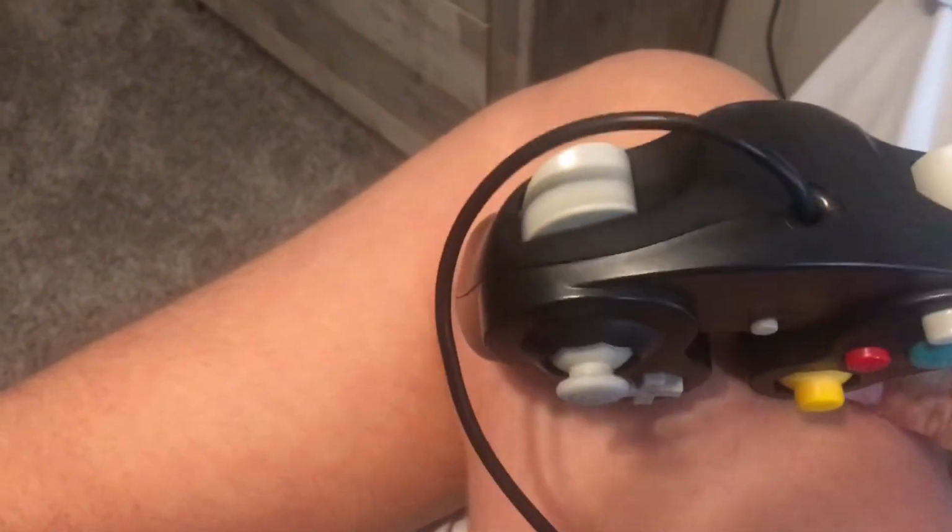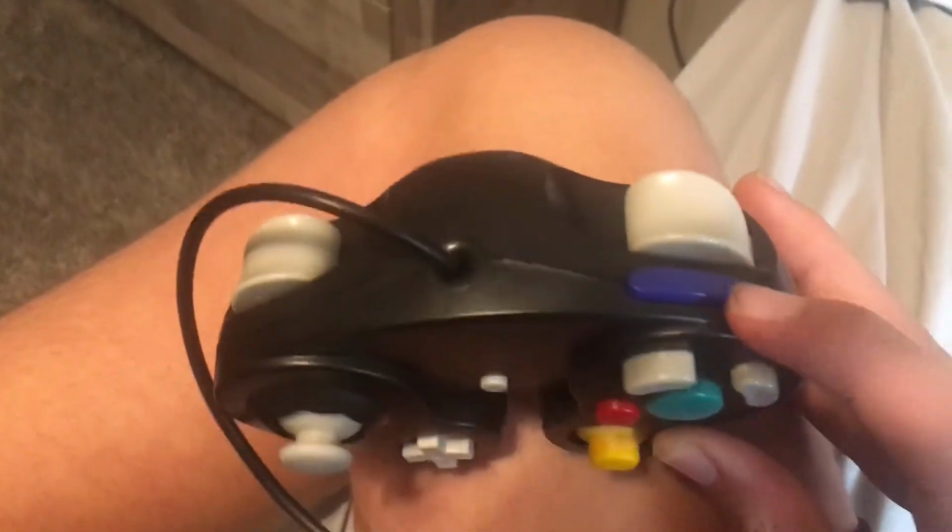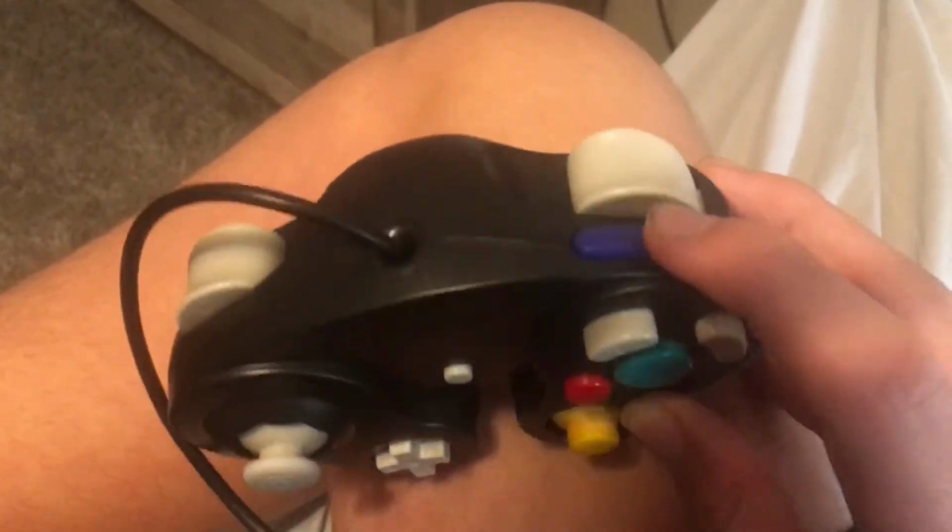Now for the Gamecube Controller. Wait, where's the other one? Yeah, the Gamecube Controller only has one side button. A little weird, but anyway, this